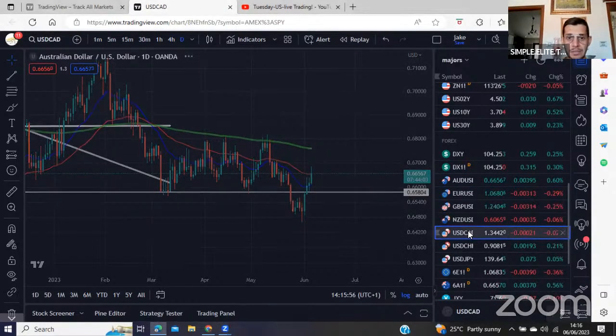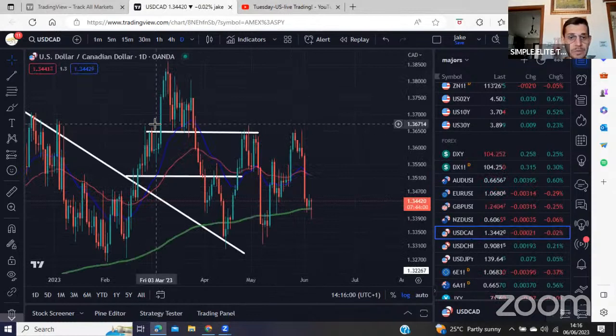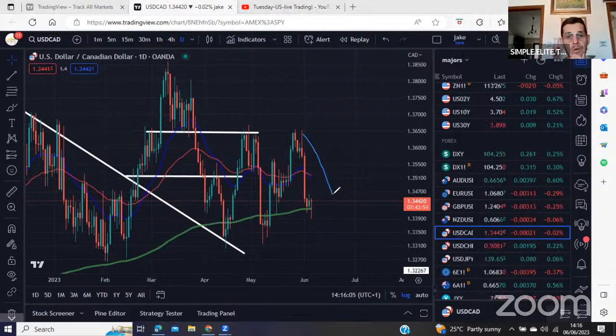Let's see dollar CAD. We saw some strength last week on CAD, so we'll see this pushing down of dollar CAD. But still, you see the price action is like we have this big bearish bar and then a pullback. So we might see some pullback because there is a resistance level here, 1.34. Let's see if we have another pullback on some dollar strength as well. But the chart does not look interesting, so it's not on my watch list.